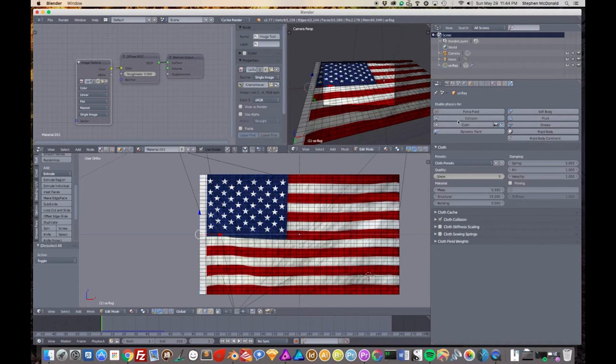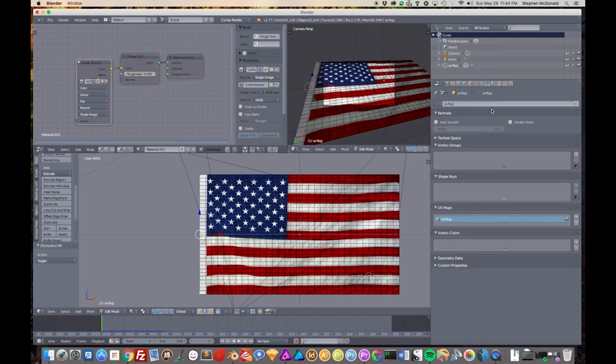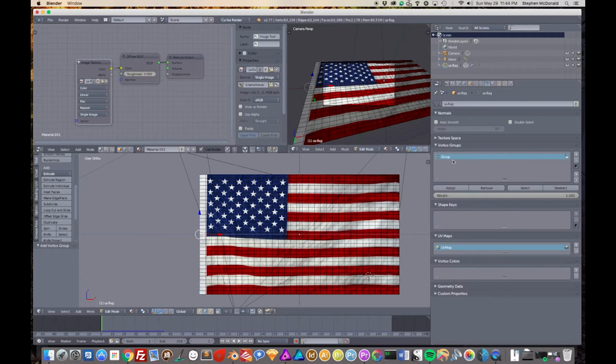With that selected, I'm going to go over here. You'll notice a tool called Data. I think this is where I mean to be. Yep. And then the vertex groups. This is where we can create a new vertex group. So I'm going to just hit plus, and I'm going to immediately rename this. I'm going to just call it pin